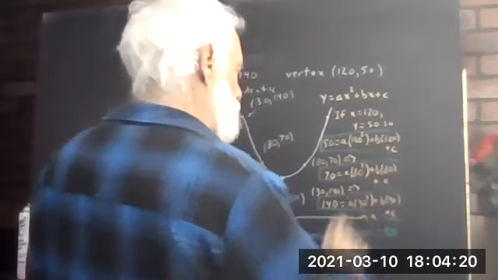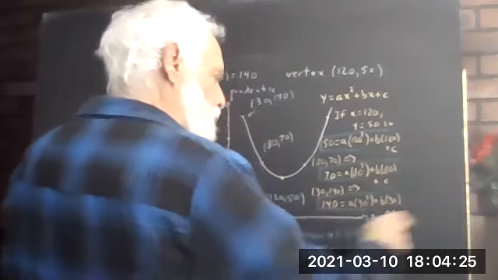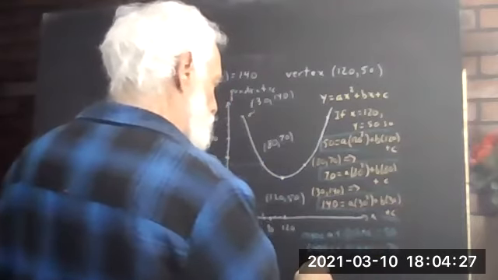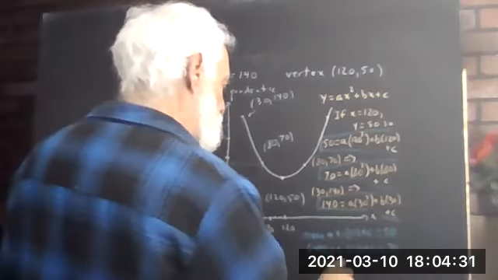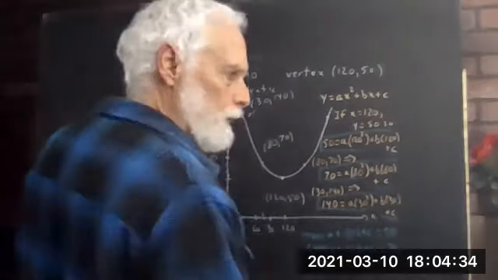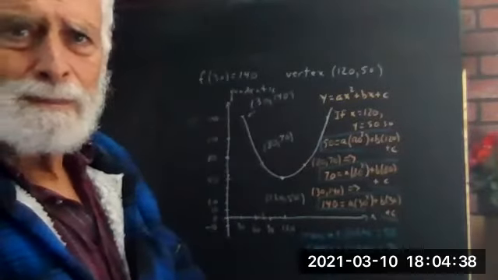And then you have 80 B and C, and that equals 70. And then we have 30 squared is 900 A plus,